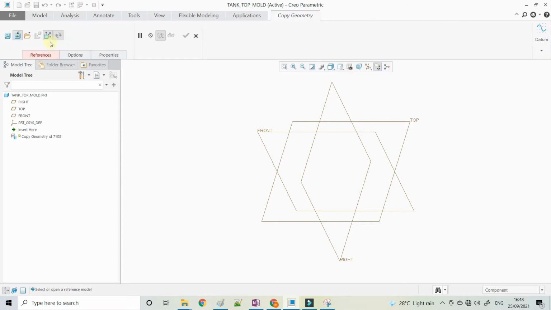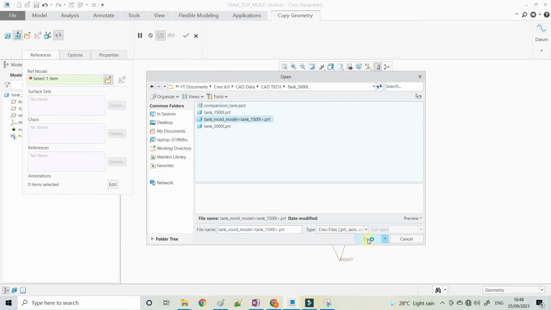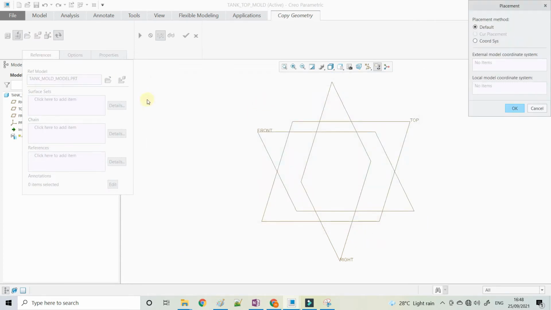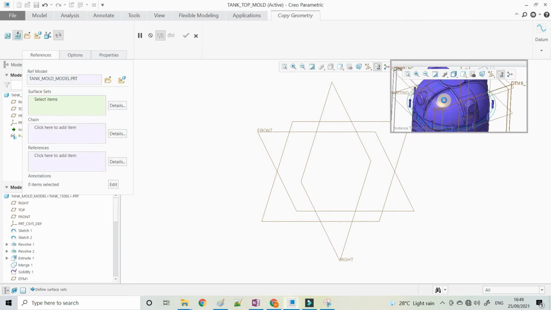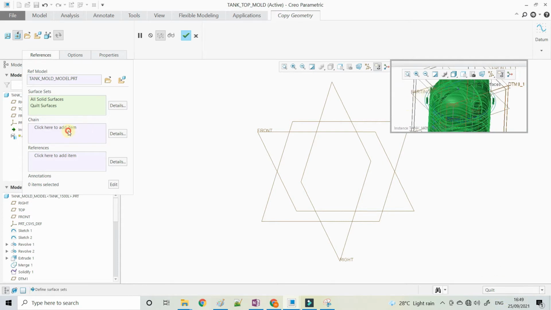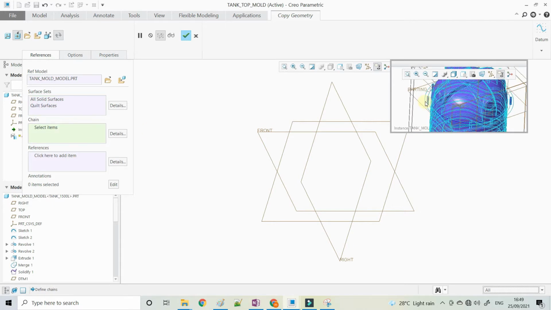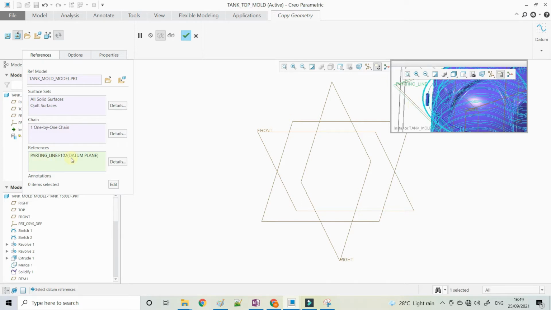Here I need that mold model. With the help of copy geometry, I am calling the instance with the default, and here you can select the surfaces. I need the complete tank model in solid surfaces. Now I also want the bolt surfaces, hole surfaces, and the curve also. In the chain tab you can select the curve, and in the reference tab you can select the parting plane.